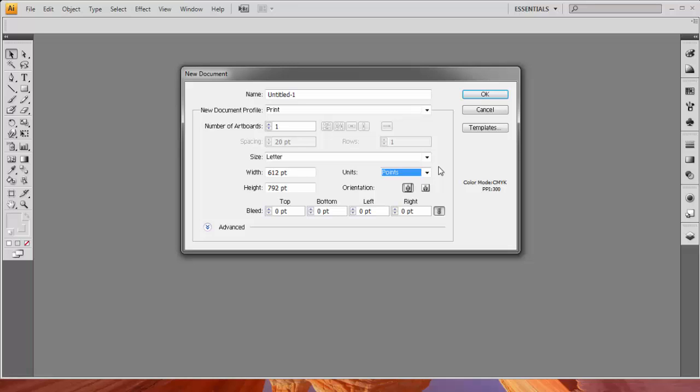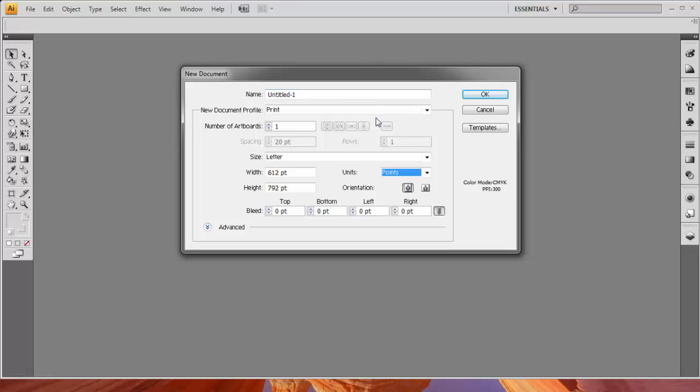In the orientation of the document, you can click the portrait or the landscape icons. These icons interact dynamically with the dimensions you enter for your page size. When height is the larger value, the portrait icon is selected. When width is the larger value, the landscape icon is selected. Clicking the opposite icon switches the height and width values.